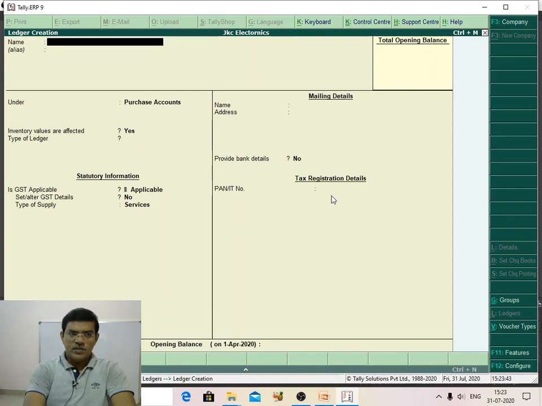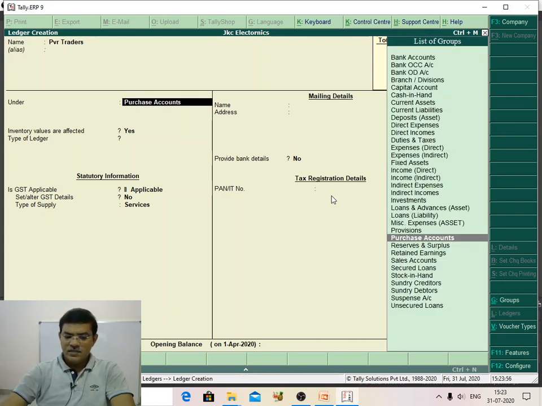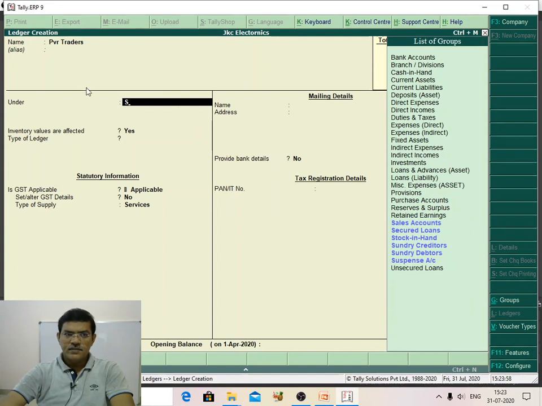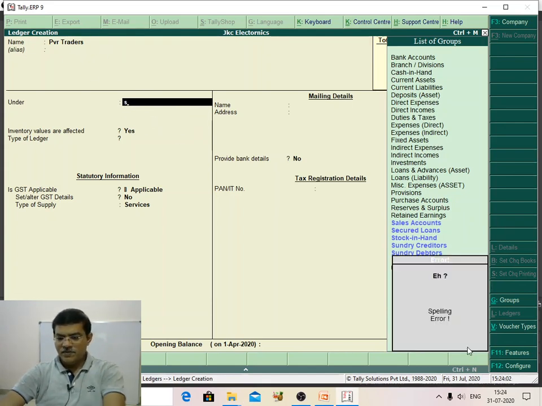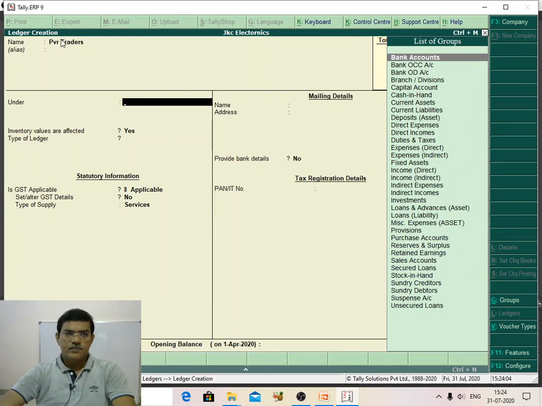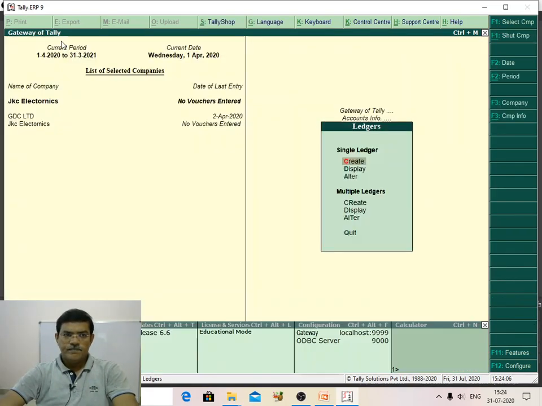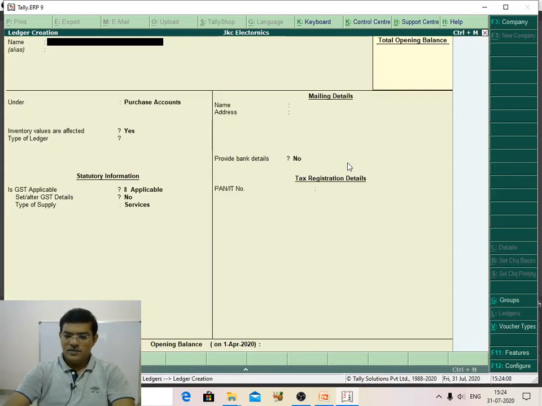Next, I am going to create one more ledger, that is PVR Traders. They are under Sundry Debtors.